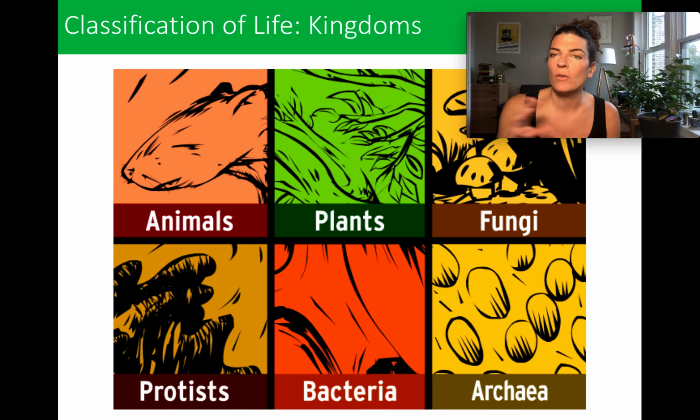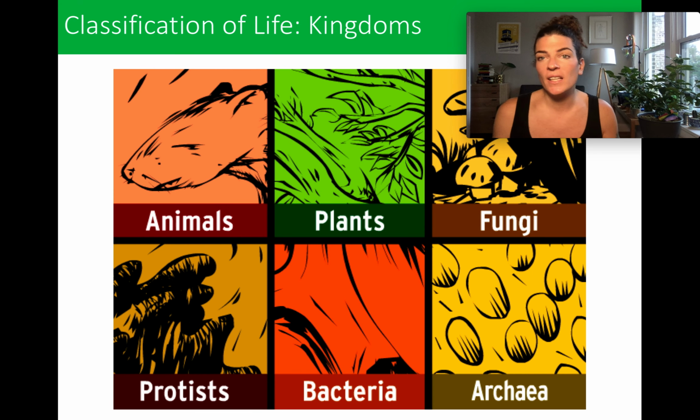So single cell or very few cells, we have protists, and the most iconic protist is like an amoeba. We have bacteria, right? And then we have archaea bacteria, which are similar in form and function to bacteria, but have been classified as a different kingdom because of their history and because of their distribution and because of their sort of functionality within ecosystems.